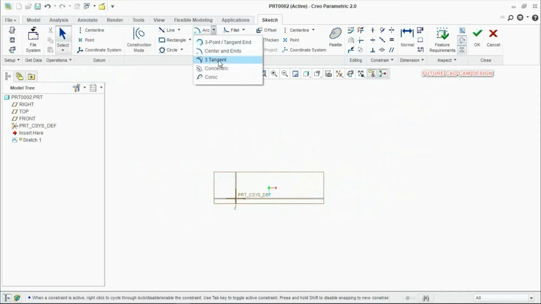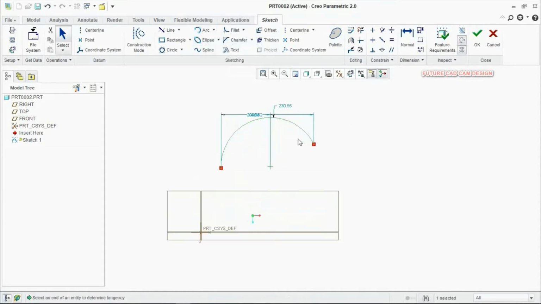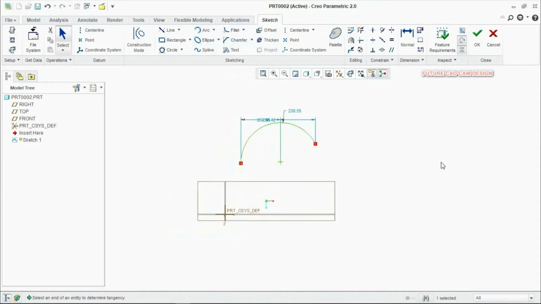Next thing is the 3 tangent arc. Same thing we have seen in the 3 tangent circle, the same applies to the 3 tangent arc. You need to select the 3 tangent lines and it will create the arc. Same thing for the concentric arc. For example, if I am having a 3-point arc, I need to create a concentric arc based on this arc.